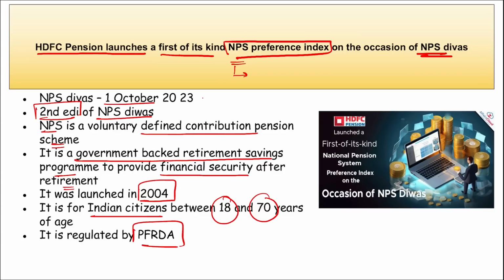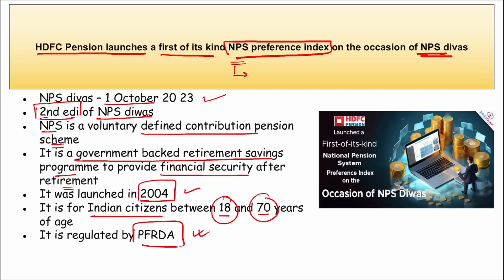So all these things are important. Take a note of this, right? So 1st of October as NPS Divas, second edition of this NPS Divas. It is a pension scheme. It is a government-backed retirement saving program. It was launched in 2004 and it is for Indian citizens between 18 and 70 years of age and regulated by PFRDA. Correct? Next. And remember here, if we are talking about this NPS Preference Index, the aim of this